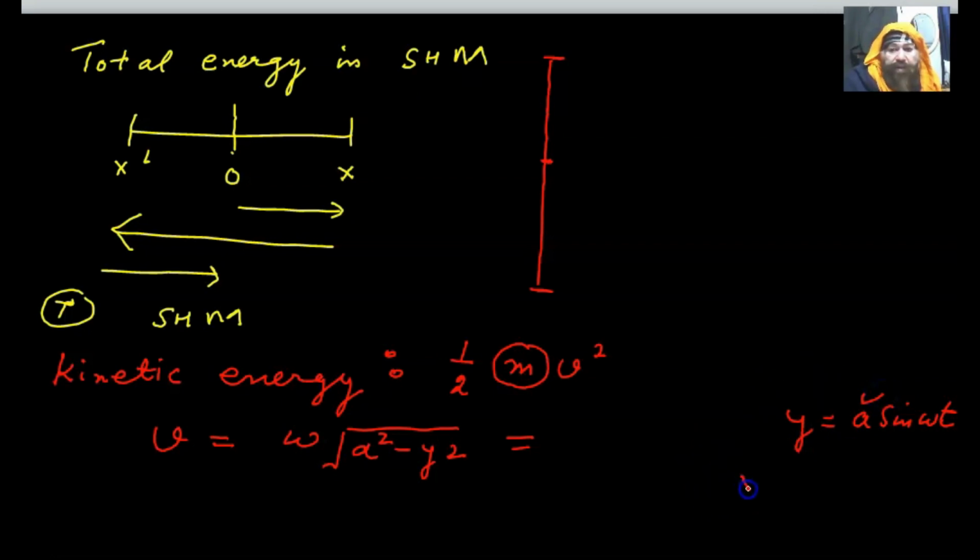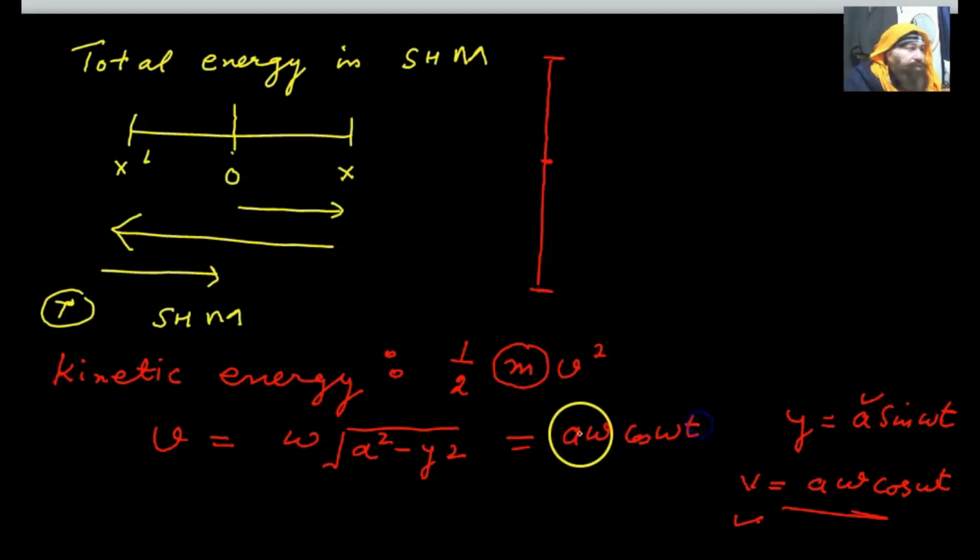Then what is the velocity equation? It is a omega cos omega t. You have to remember this equation, always remember it: v equals a omega cos omega t. Now substituting the value of v here,